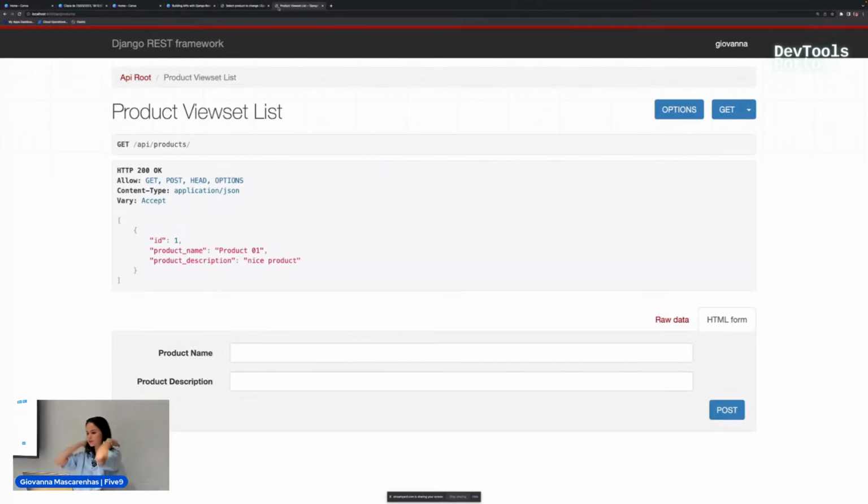I didn't build or touch any HTML templates. Django REST framework gives this to you, so it's very useful and easy to use. If you want to work with Postman, for example, or another kind of tool, you can work too. But personally, I like to use this interface. I think it's very easy.